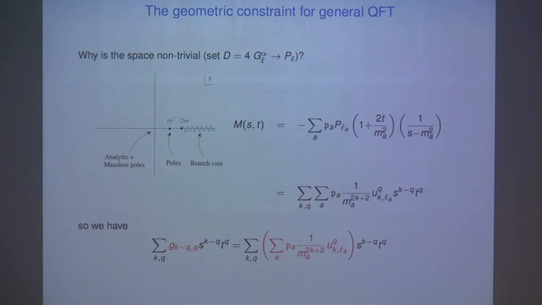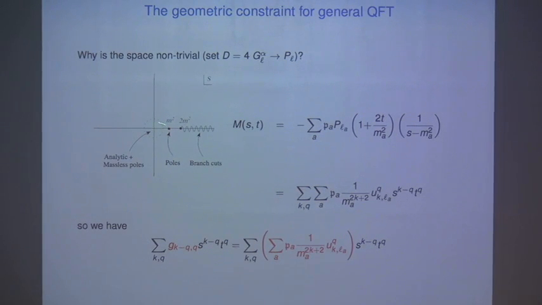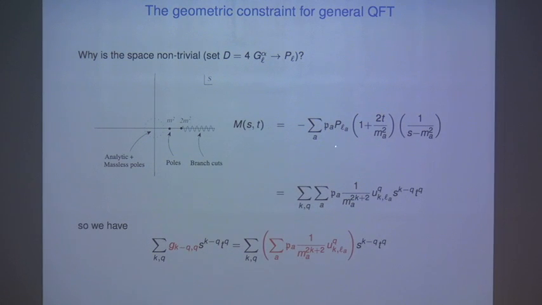I'll talk about generalizations to both S and U channels later on. Okay, so as I previously said, we know that the residues and the discontinuities have a positive expansion on the Legendre polynomial. That means that the four-point function away from the origin will take this simple form. So it has some sum over Legendre polynomials, where the argument, instead of the usual cosine theta, I'm writing in terms of Mandelstam variables.